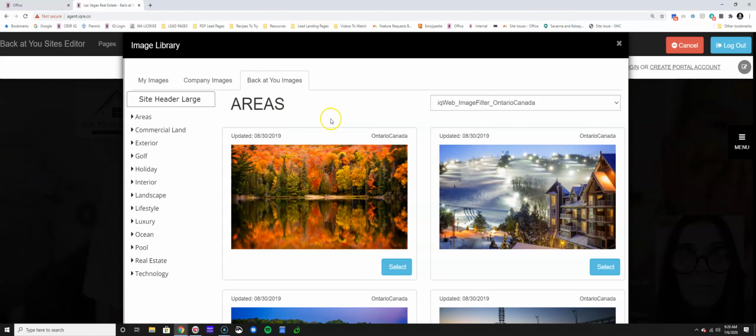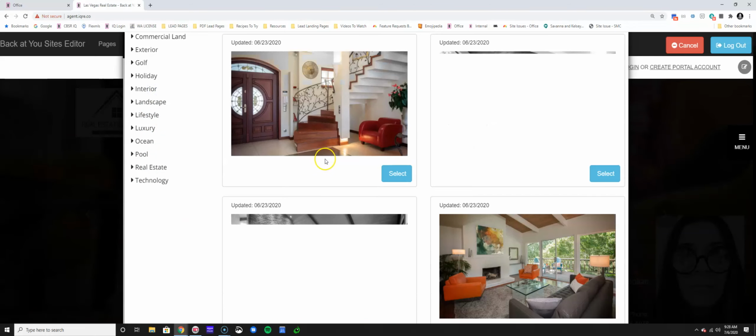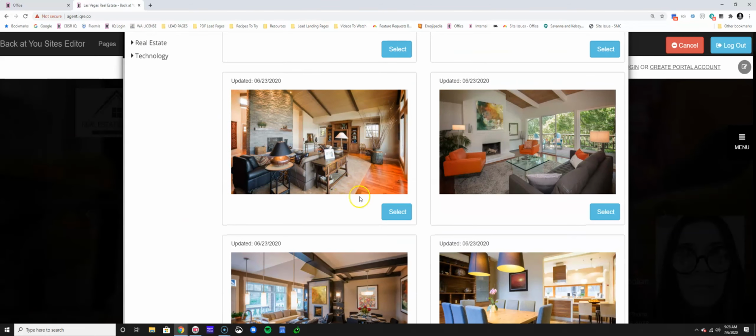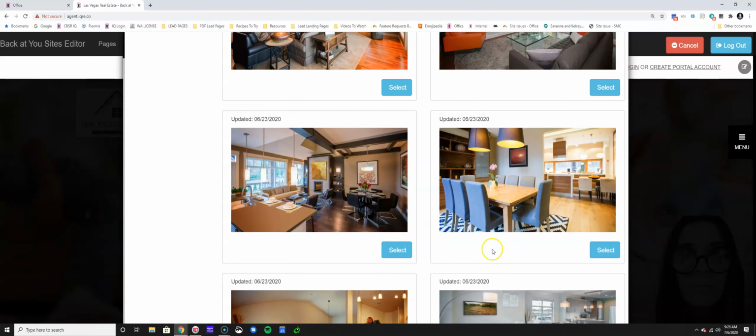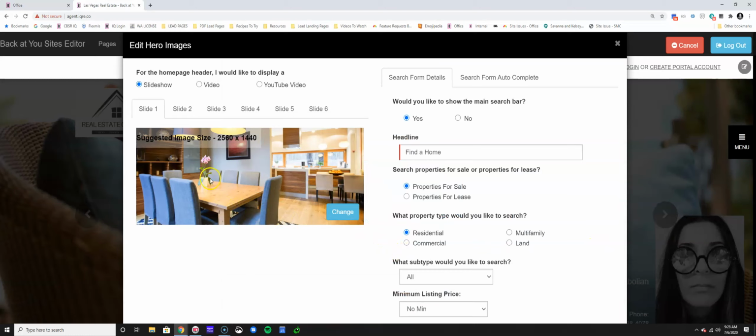So the first one is areas, where I can search by area. But I also can go in and say, hey, I want to see some interior photos. Maybe you would like to utilize this photo of this kitchen. Once you've made your selection for slide 1,